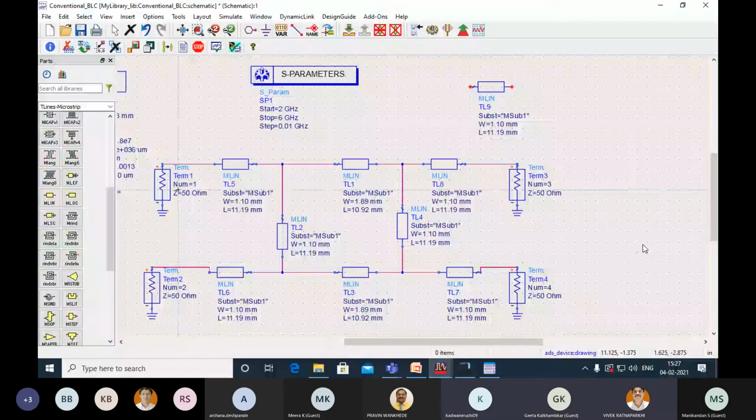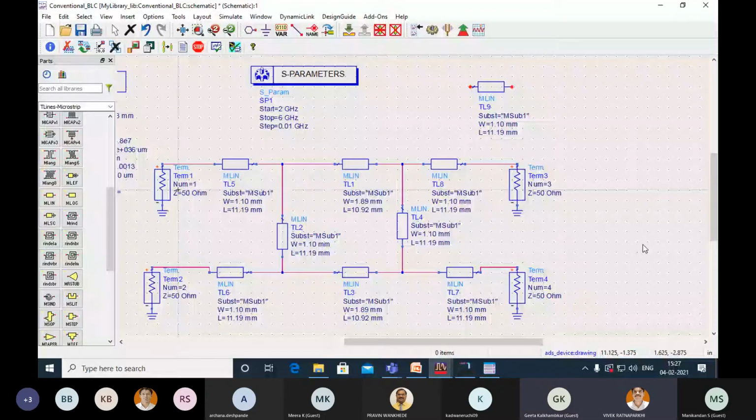Great. So something is happening at the back end. I'm not confident what is exactly happening, but the moment I minimize my ADS window and go to Teams to find out participants, then the ADS window is not popping up again. It may be a problem because I'm using an EDA tool, but I am not confident. So the moment you don't receive the screen, please let me know. I hope now it is clear.